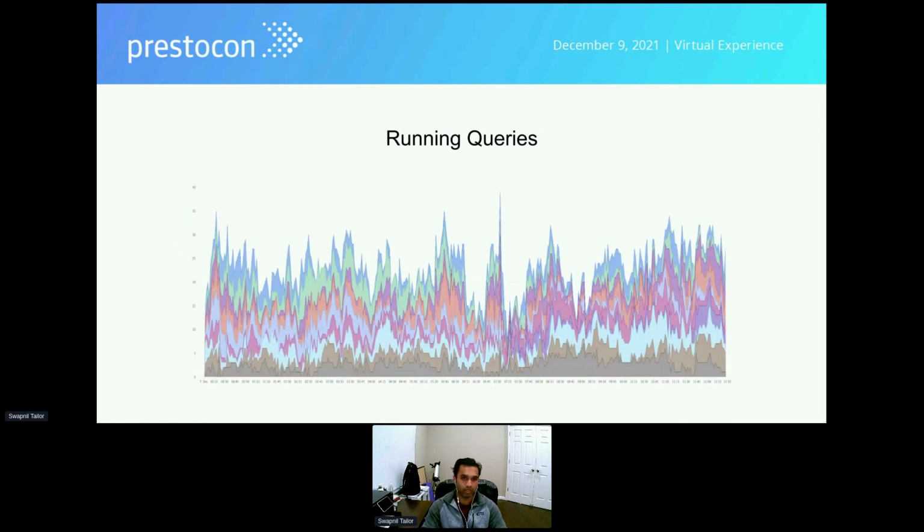Here is some of the data from production. As you can see, this is the time series of the production cluster running queries. The different colors represent different coordinators with their running query counts. In total, you can see up to 40 queries were running on the cluster.